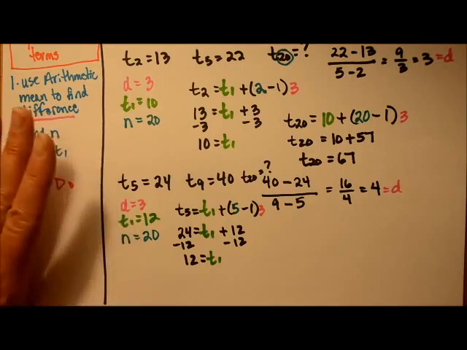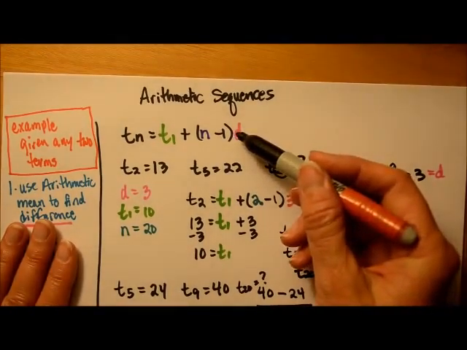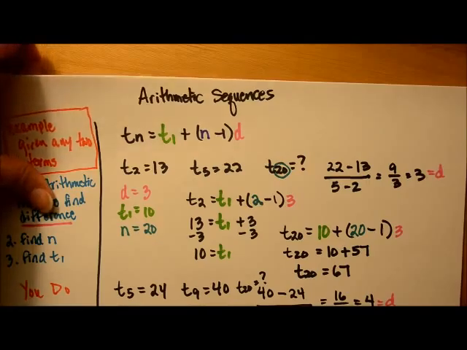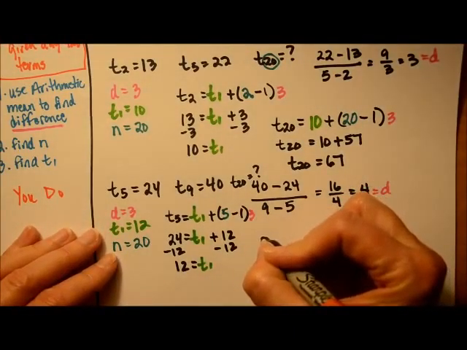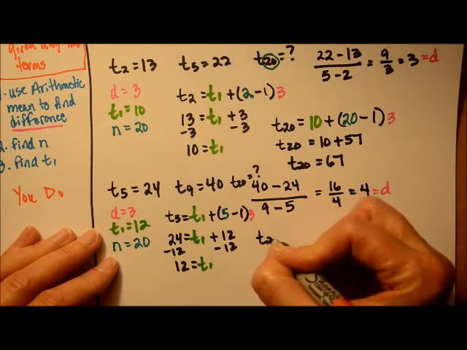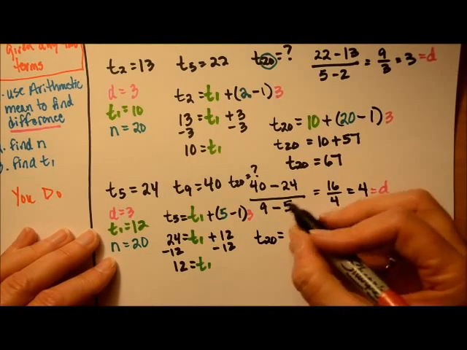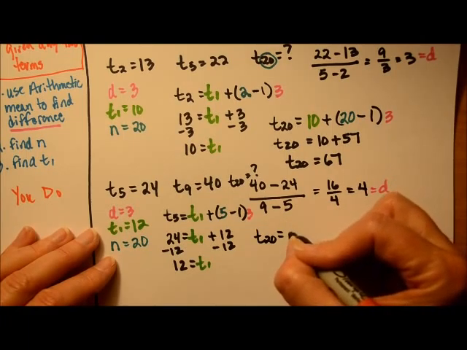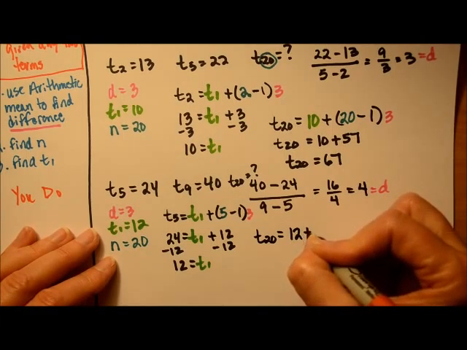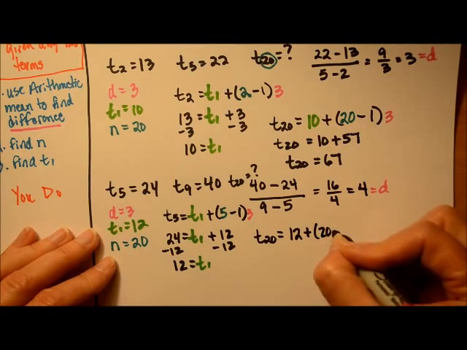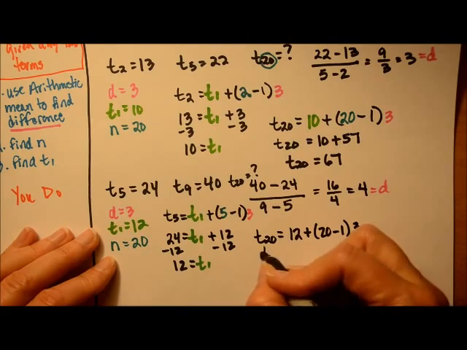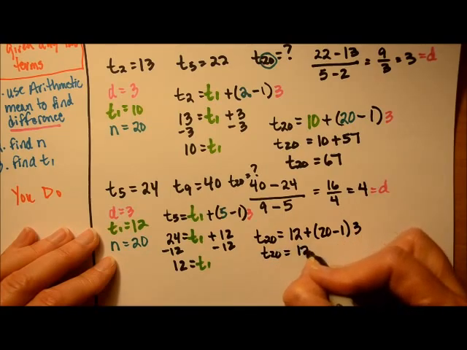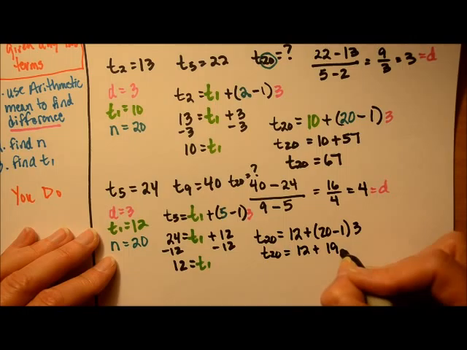I have all 3 pieces. I'm gonna plug it into this formula that's right here. So plugging it in, and I'm gonna skip all the colors on you, I have T20 equals T1, or 12, plus 20 minus 1 times 3. So T20 equals 12 plus 19 times 3, which is